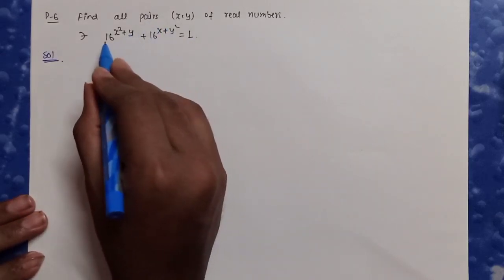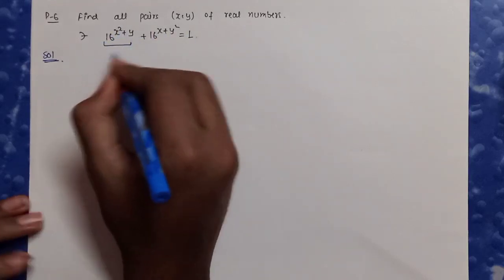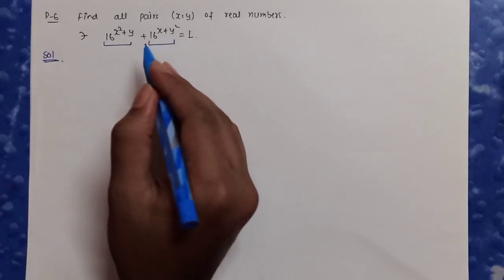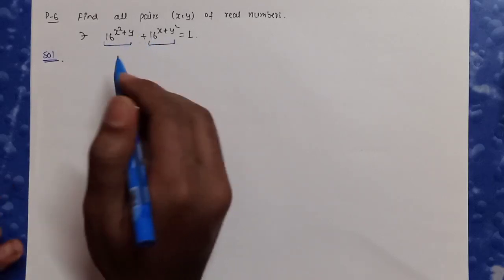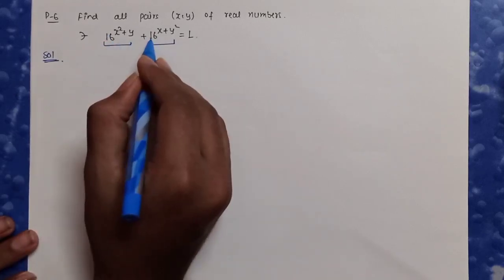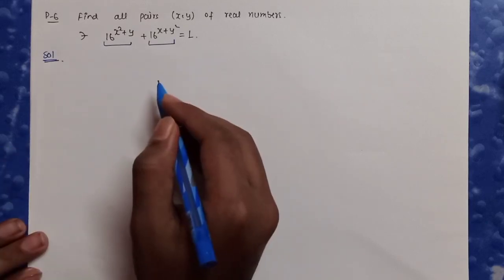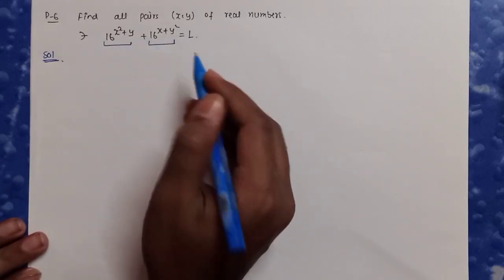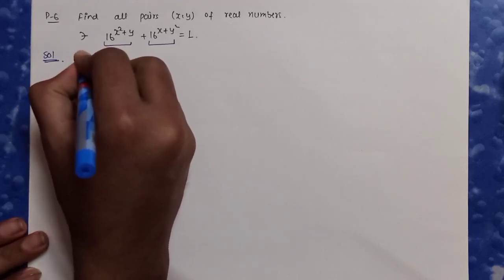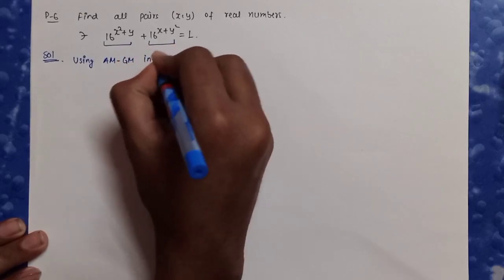When I got this question, first of all I thought that both the terms in the left hand side, which are given as a summation, are going to be positive because those are in exponent form. So both these quantities are going to be positive and the base is also the same. The first thought which clicked in my mind was to use the AM-GM inequality because both the quantities are positive as well. So let's start using the AM-GM inequality.